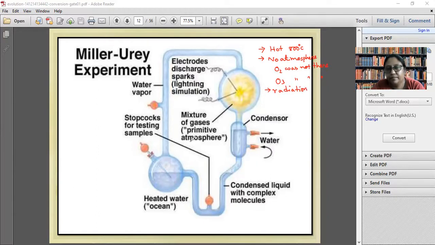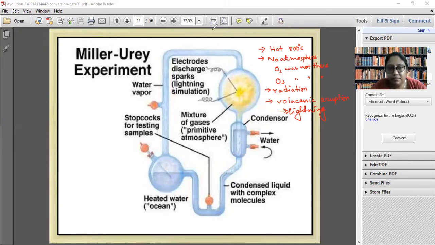Okay. So can you imagine such situation? Apart from that, there was volcanic eruption as well as lightning. These two were very common events present at that condition. So in such harsh condition, we have to prove that life was created. So what Urey and Miller did was they